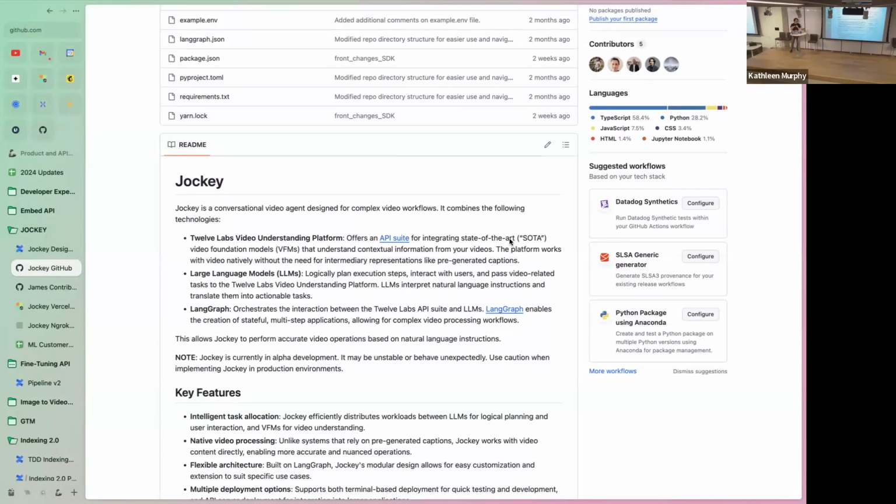So if you're interested in working with agents and video, I think this is a great opportunity to contribute and get on top of it, right? Because this combines all the exciting stuff going on in the field: